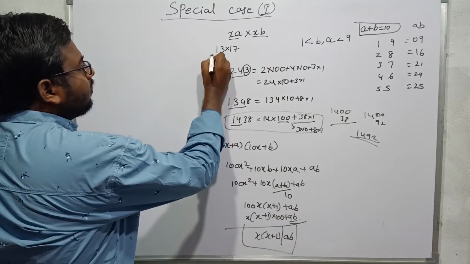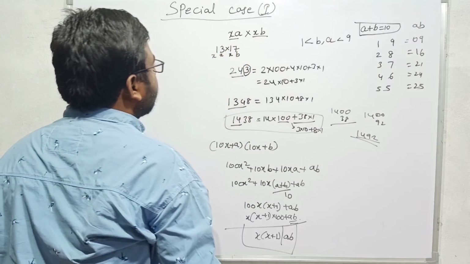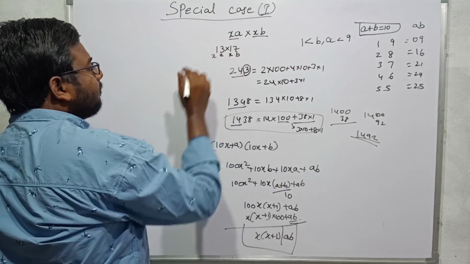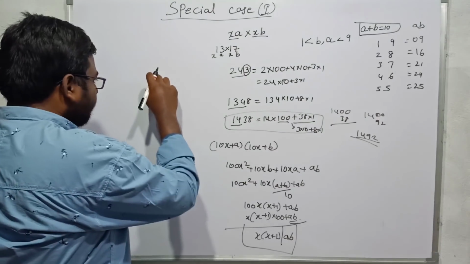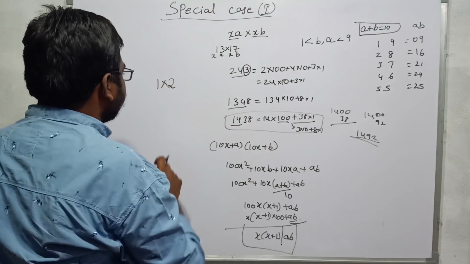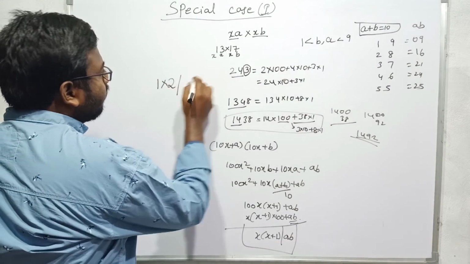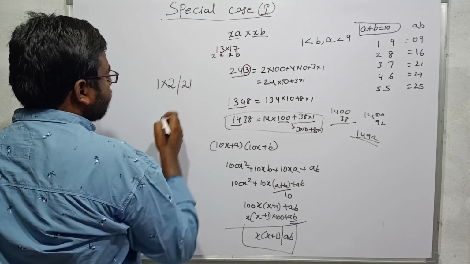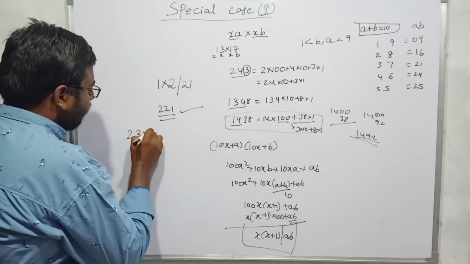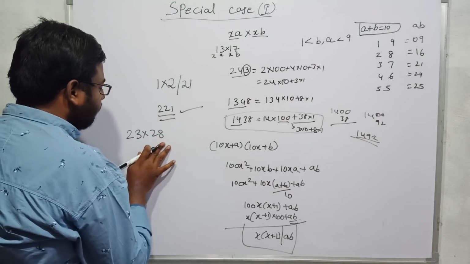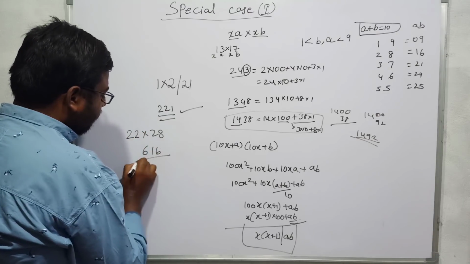For example, this is xA, xB. The result is going to be: x is 1 now, so 1 and 1 will be the same. X into x plus 1 means the number after this number, that will be 2. 1 and 2 will be consecutive numbers. X and x plus 1 will be consecutive numbers. Beside it, A into B, 3 into 7 is 21. So 221 will be the result. For example, if I have to calculate 23 into 28, no, 22 into 28, because this condition won't be satisfied. 2 3s are 6, 16, 216.